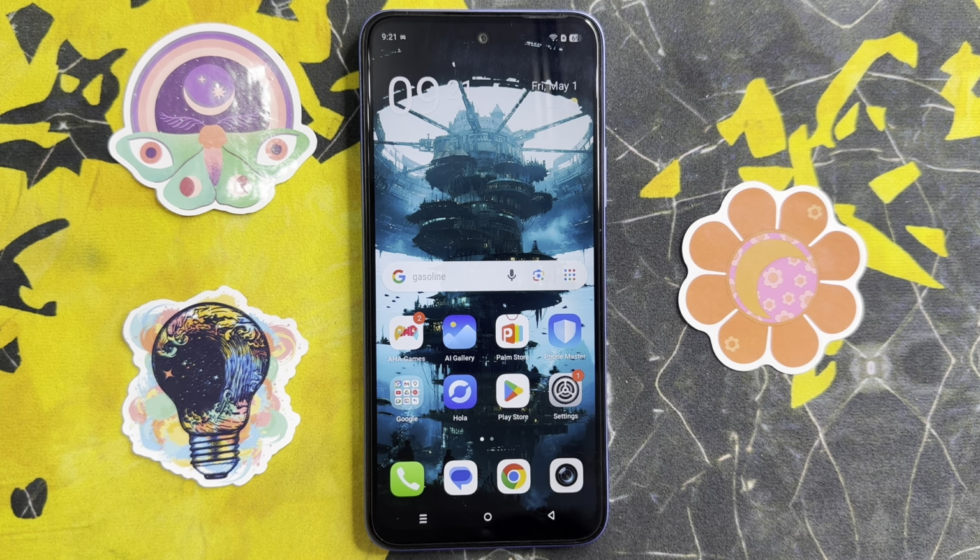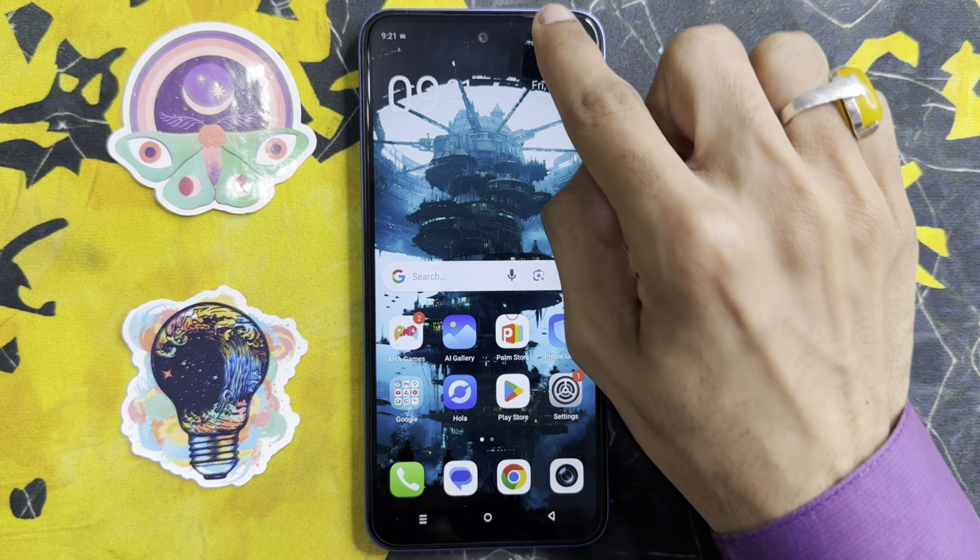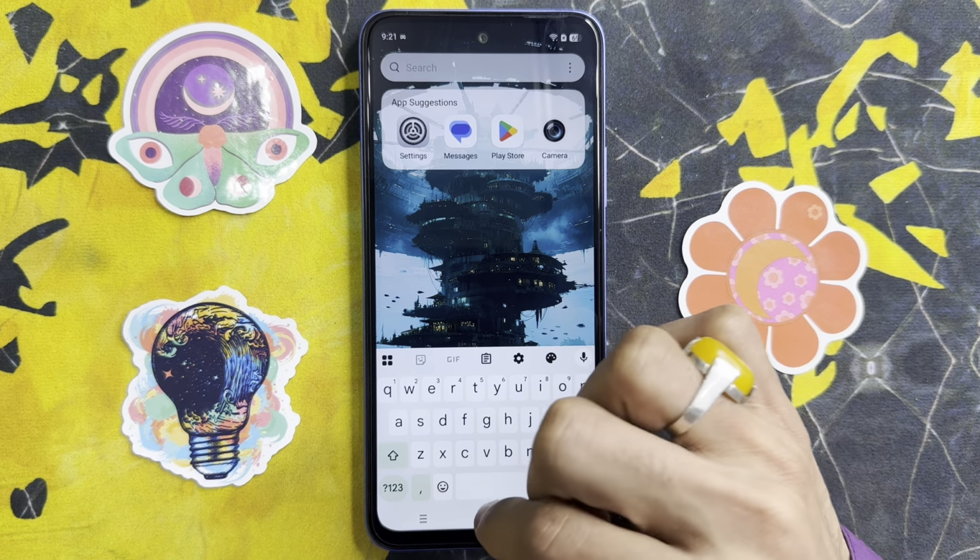In this video I will show you how to fix if mobile data is not working on Infinix GT30. Let's start the video. If you want to fix this problem, open the quick settings panel, just swipe down